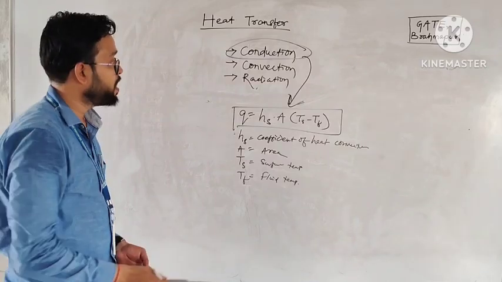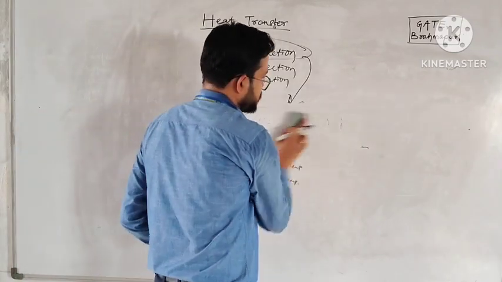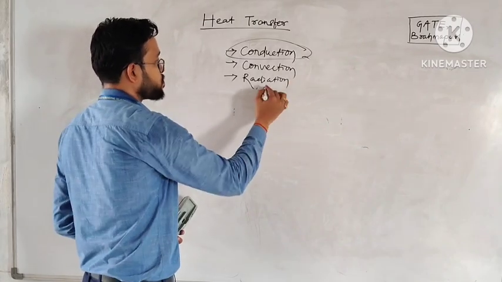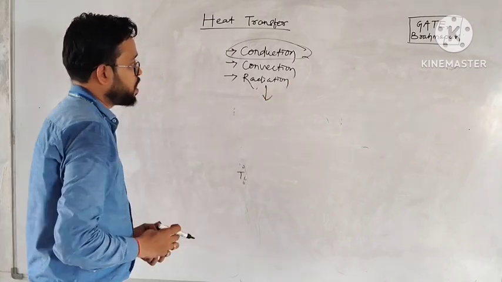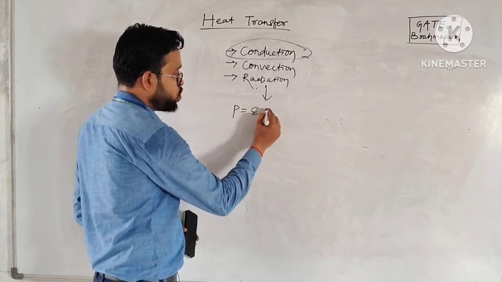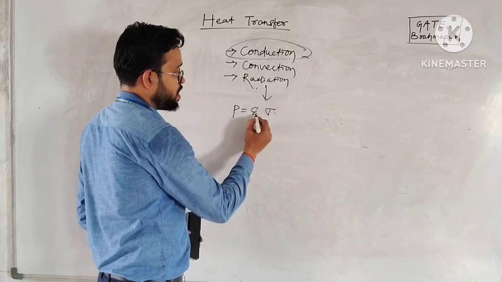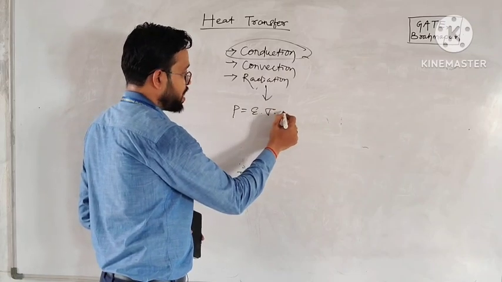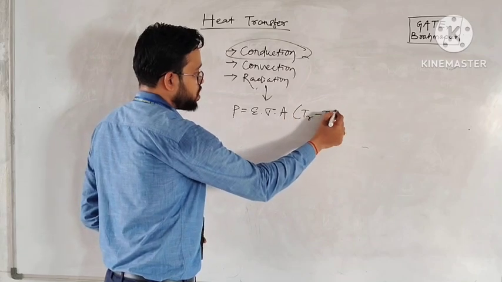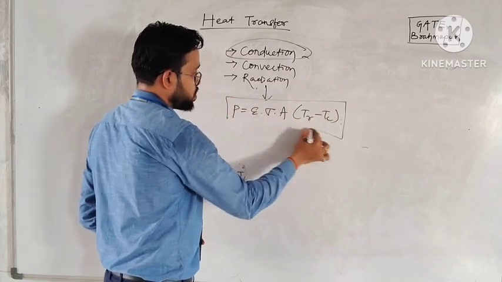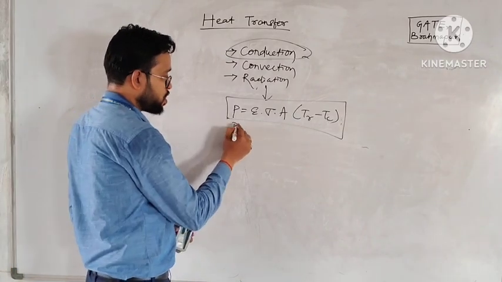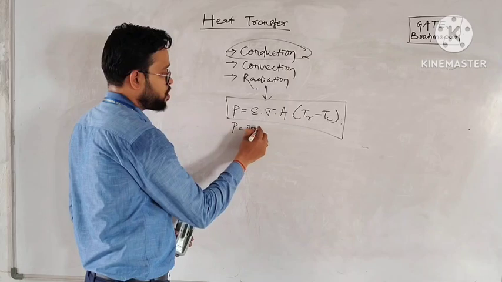Next is heat radiation. P equals e into epsilon into sigma into A into (Tr minus T). Okay, so P is power of